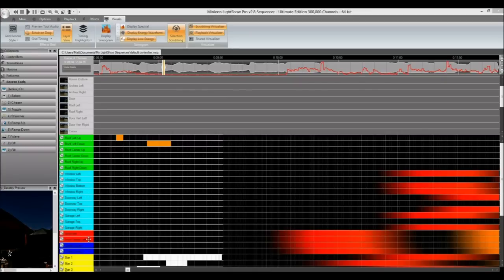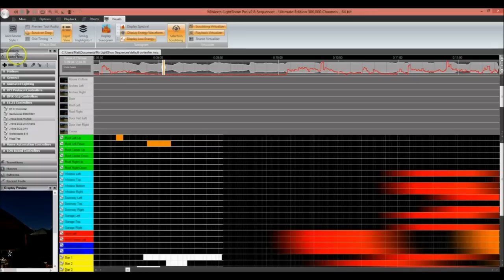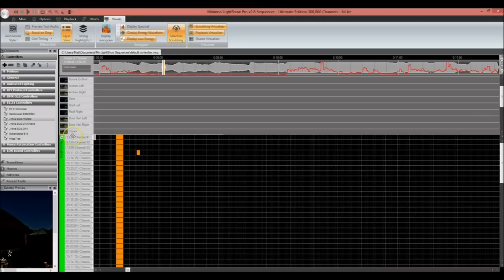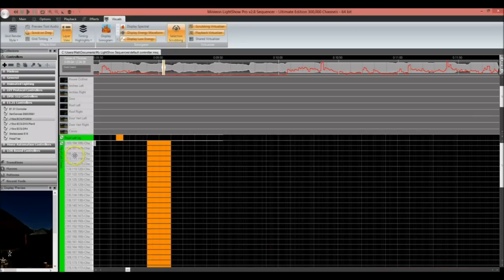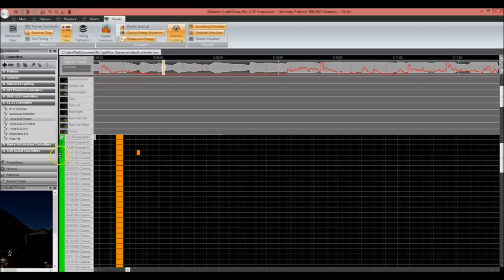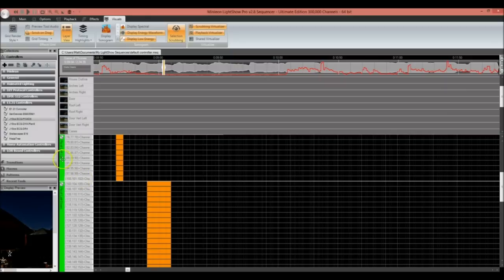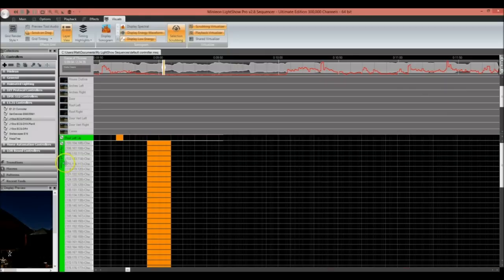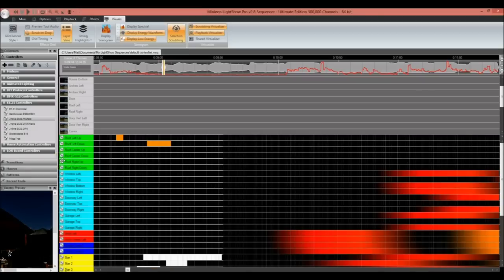Now I've been referring to these individual banks of channels here as controllers or elements. Now elements is probably the better way of actually describing it. Whilst you can set it up as individual channels or controllers, as I mentioned before, by clicking and dragging, it actually makes it far easier to work inside LSP if you set them up for individual elements. Now inside there you've got the ability to change whatever channel count that you actually want. So you'll notice here that I've got for roof left up, it starts at channel 1 and goes all the way down to channel 102. So that's the end of that element. Whereas my next one, which is roof left down, starts at 103. So just allocating the correct channel numbers to each of these elements will ensure that it actually goes still through your normal